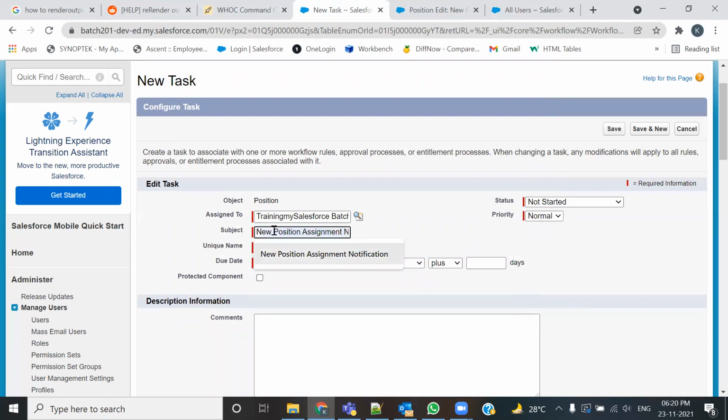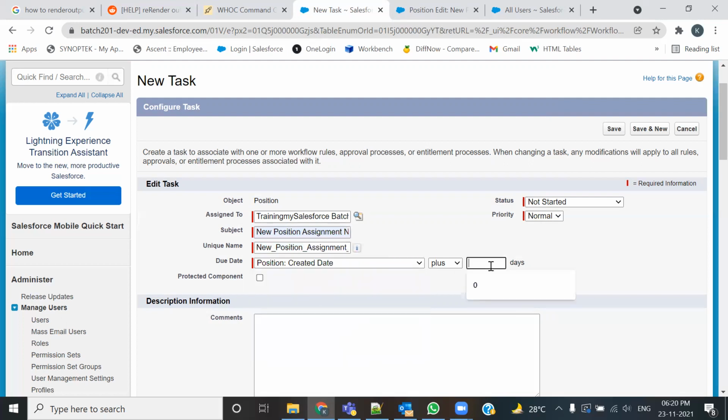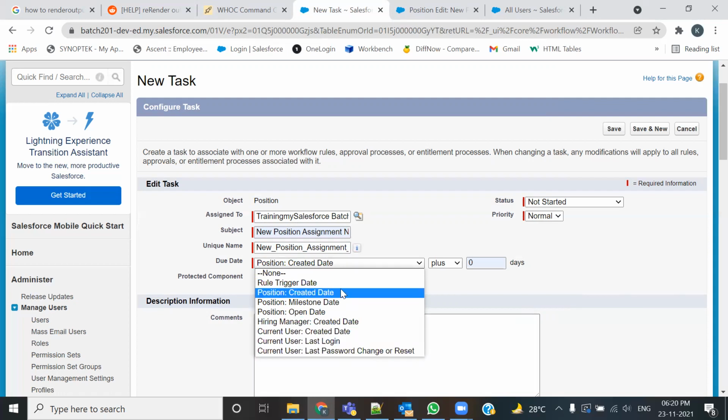So let me give this a subject: new position assignment notification. I could give any name, I'm just doing it with this. ड्यू डेट, तो ड्यू डेट क्या रहना चाहिए? फॉर एग्जांपल, पोजीशन क्रिएटेड डेट प्लस 0। मतलब यहाँ पे देखो, यहाँ पे वो सारी फील्ड्स लिस्टेड आउट होंगी जिसका डेटा टाइप है डेट। ये इसके पहले किया है आपने, जब हम टाइम ट्रिगर्स कर रहे थे तब भी ये चीज देखा है। तो मैं क्या चाहता हूँ, मैं माइलस्टोन डेट से -10 दिन पहले दूं वो भी चलेगा।